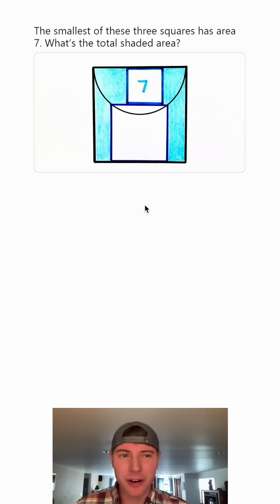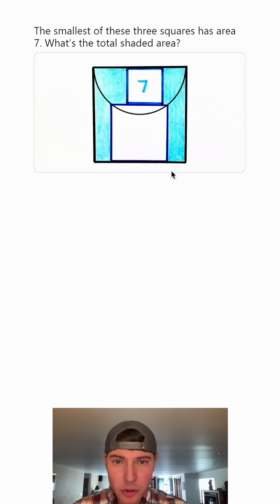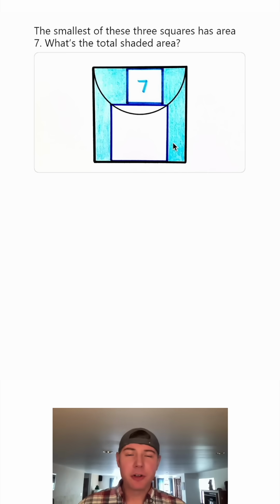Hey guys, this looks like a fun one. This is another Catriona Agg puzzle. It tells us that we have 3 squares and that the smallest has an area of 7. And it wants to know what's the total shaded area. If you want to try it on your own, pause it right now because I'm going to solve it in